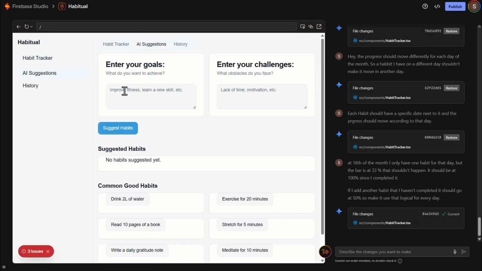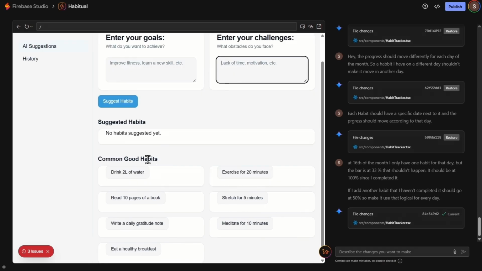So over here we can enter our goals, and here are the challenges we face to complete the goals. And guys, look at this. This just gave me an amazing idea. Here are common good habits, like drink 2 liters of water, exercise for 20 minutes. This is a useful section, but something else that we can really use to market this app came up